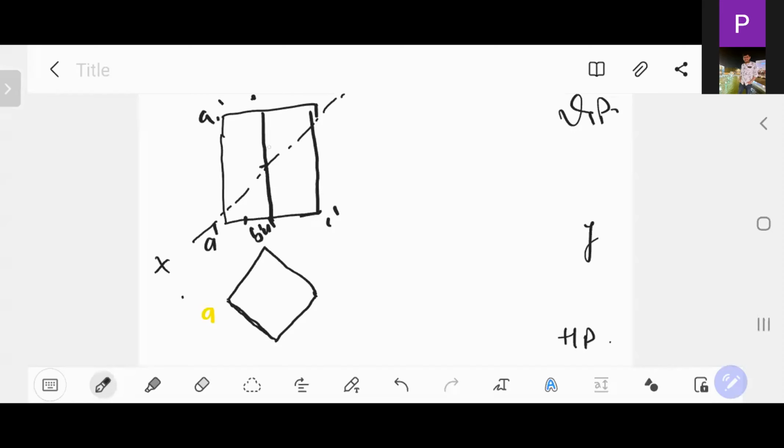Here the angle is 45 degree, and the total height that is given is 70 mm. And this side is 45 mm and this is the midpoint. Okay, this is the midpoint. So just complete these two figures, top view and front view, and tell me at which location this section line is passing through. Type done in the chat box after doing these two.